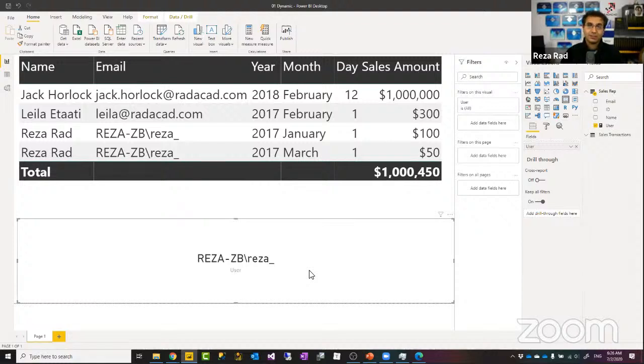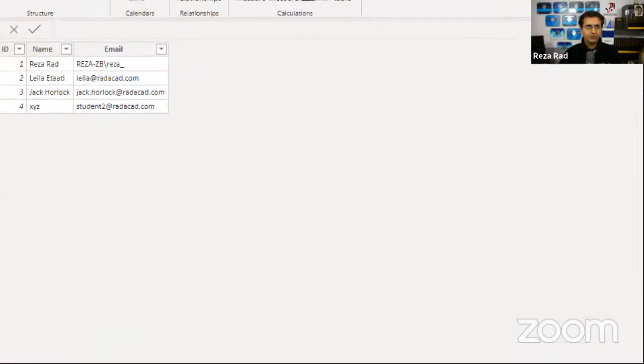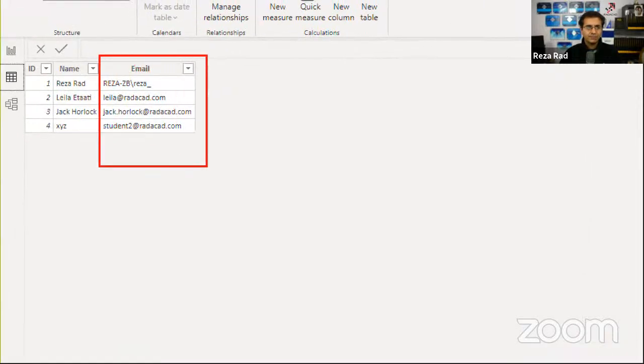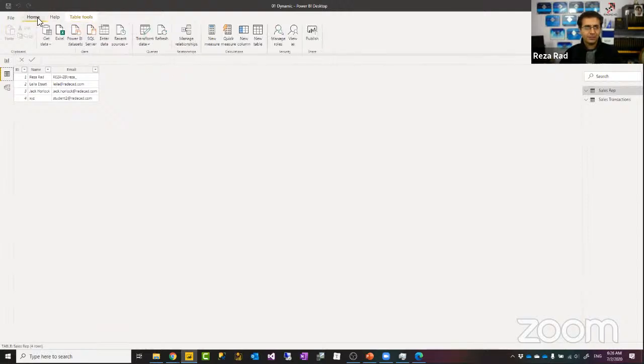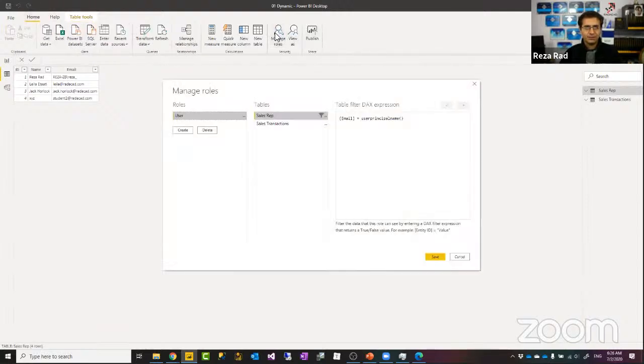If we publish this to Power BI report server, this would be the login that we use to log into the Power BI report server, right? So this would be getting the login from the user directly. So when I know who logged into the system, then defining the filter criteria is simple. All I need to do is to say this column, the email column, should match that logged in name, which you can do with this role. In this case, you just need one role, not more than that.